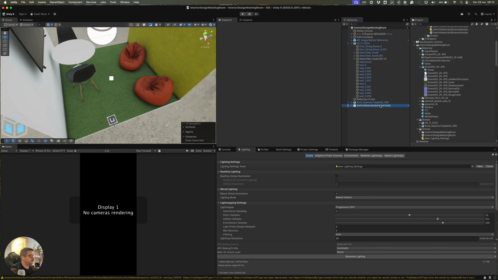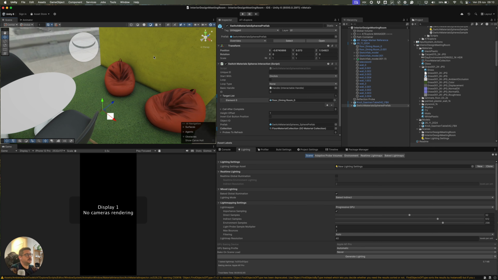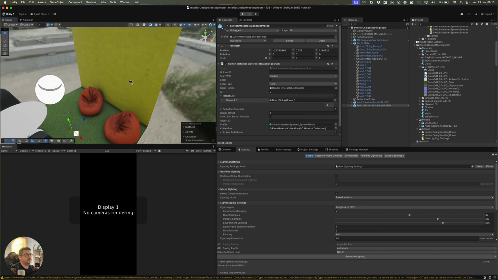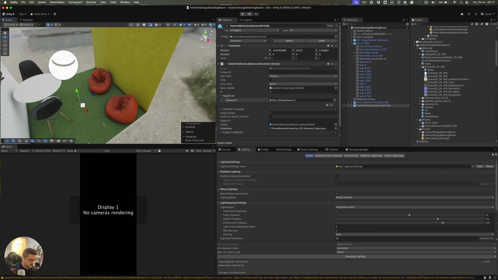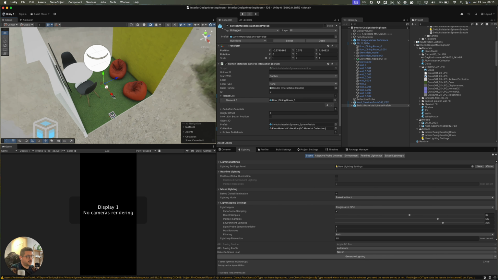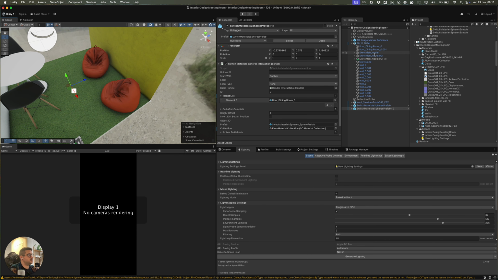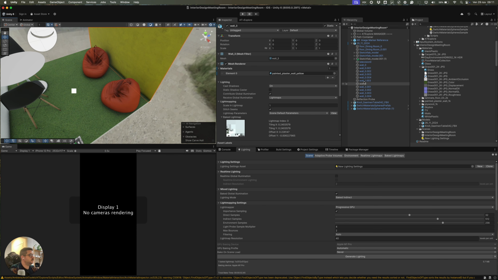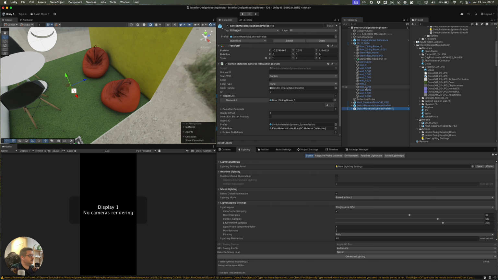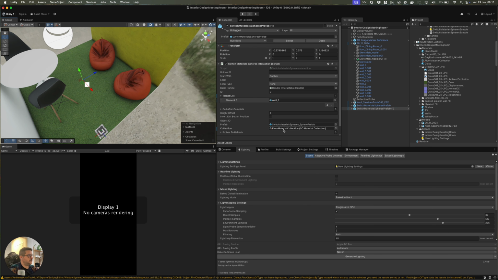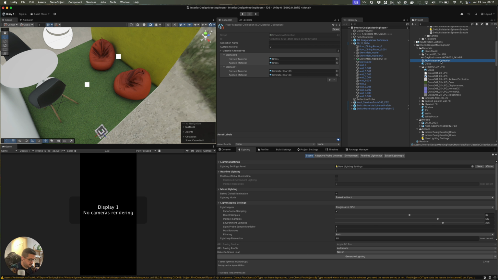And then I want to add another material change here for the wall. So I can duplicate this prefab instance, Command D, change the target to this wall, which is this one, wall 3, here, and I need to change the position, of course. I need to change the collection. So I can duplicate this one, change the name,